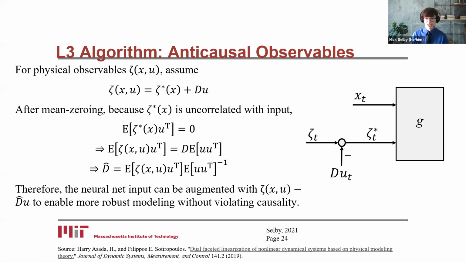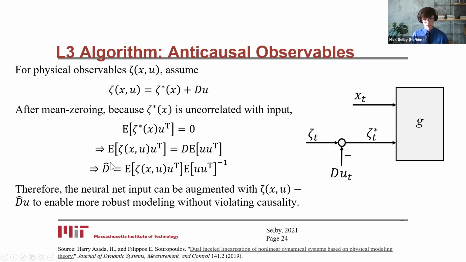Now what's cool is that after I zero the data, because zeta star is uncorrelated with input, the expectation of zeta star times u is going to be 0. We can use that fact by post-multiplying both halves of this equation at the top by u transpose and taking the expectation. Because this expectation is 0, this middle term drops out. And we can now solve for D, an optimal least squares estimate for D, using just a basic simple